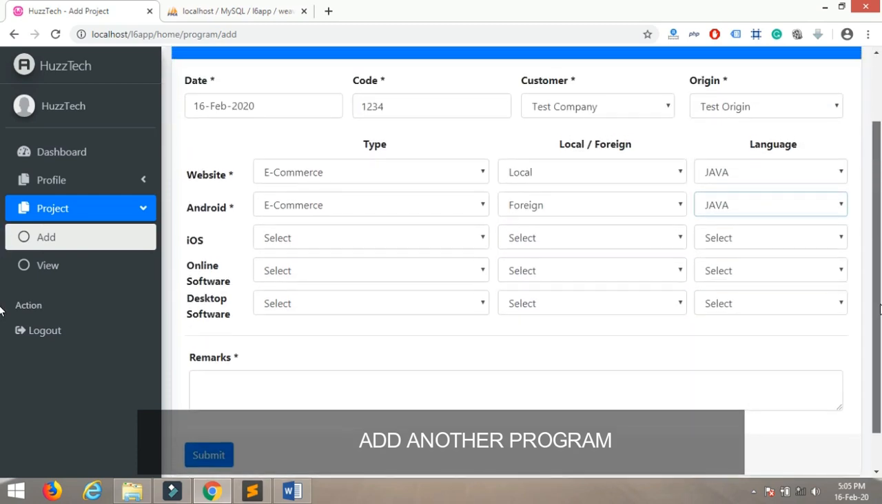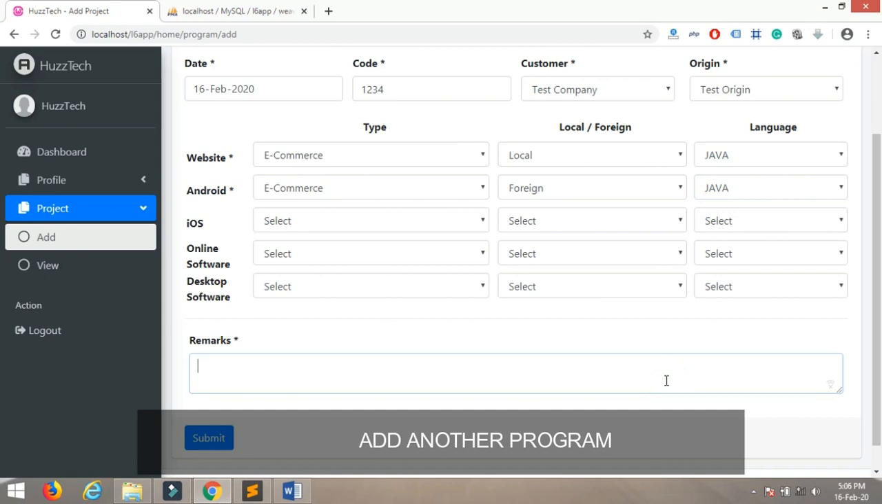So remarks is also compulsory. You can change it if you don't want remarks to be compulsory. Click on submit,